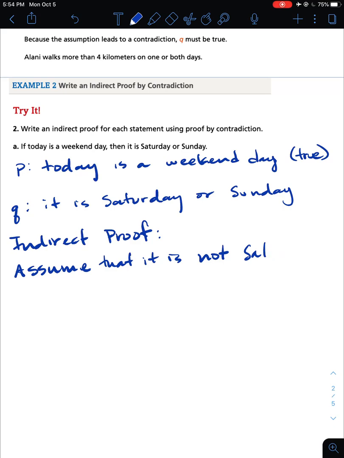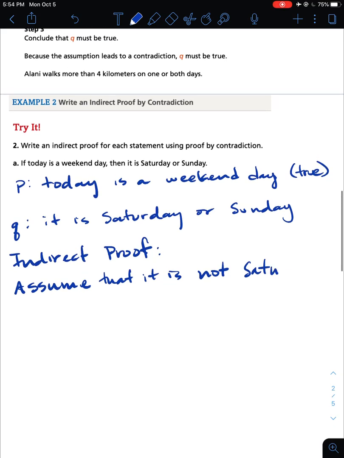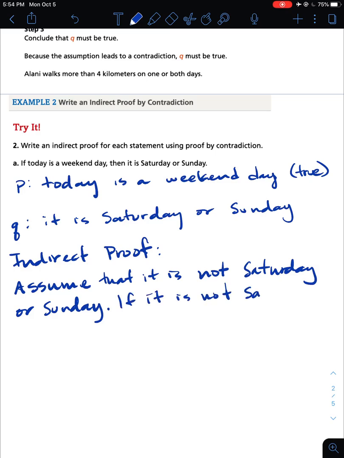Sorry, I'm having trouble spelling today. And if it is not Saturday or Sunday,